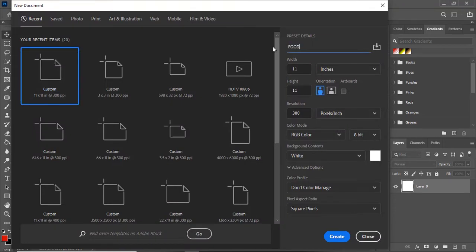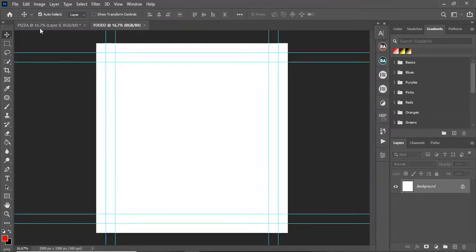I'm just going to name this as food 2. I don't know what I even named the first. Okay, the first one was pizza, so let's use food 2. All right, so